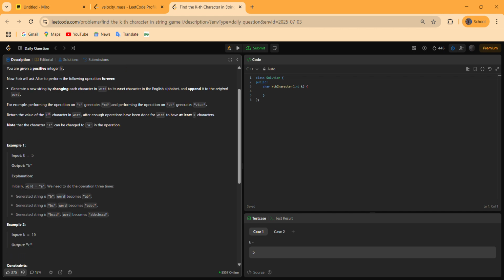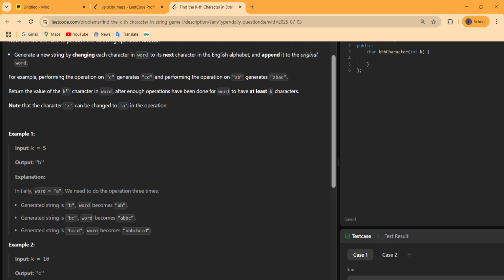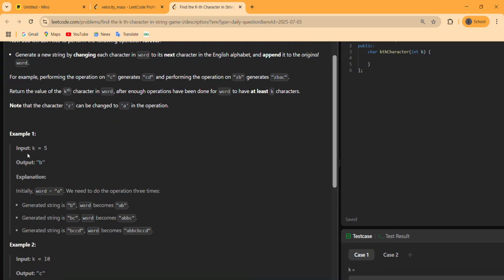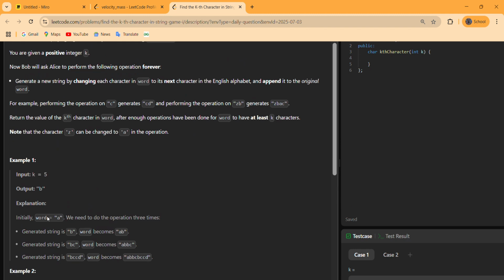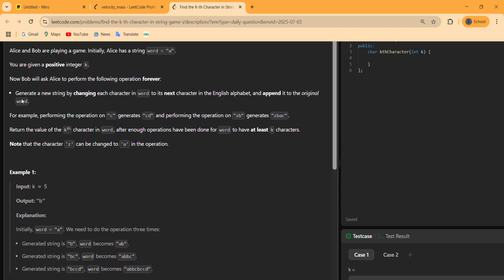Let us look at example 1, where k equals 5 and the output is b. Initially the word is "a" only, and we do operations until it has at least k characters. The word does not have k characters yet, so generate a new string.